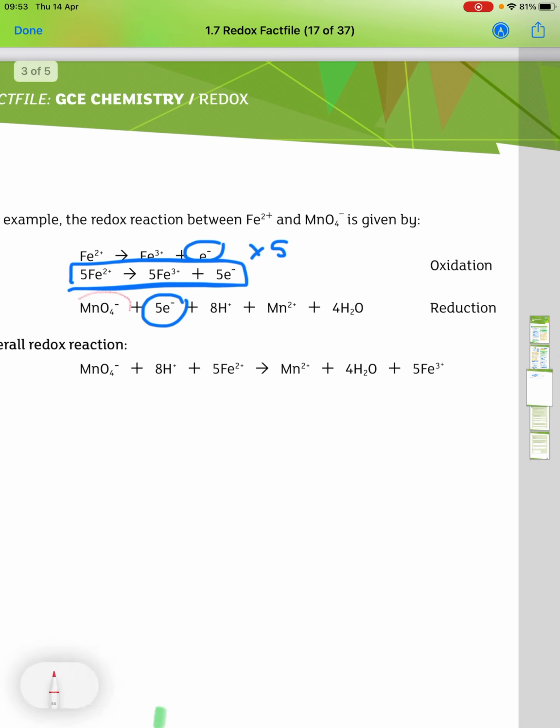So if we take the MnO4- plus 8H+ plus 5Fe2+, we don't need to worry about the electrons because they appear on both sides. And then on the right hand side, that's giving us Mn2+ plus 4H2O